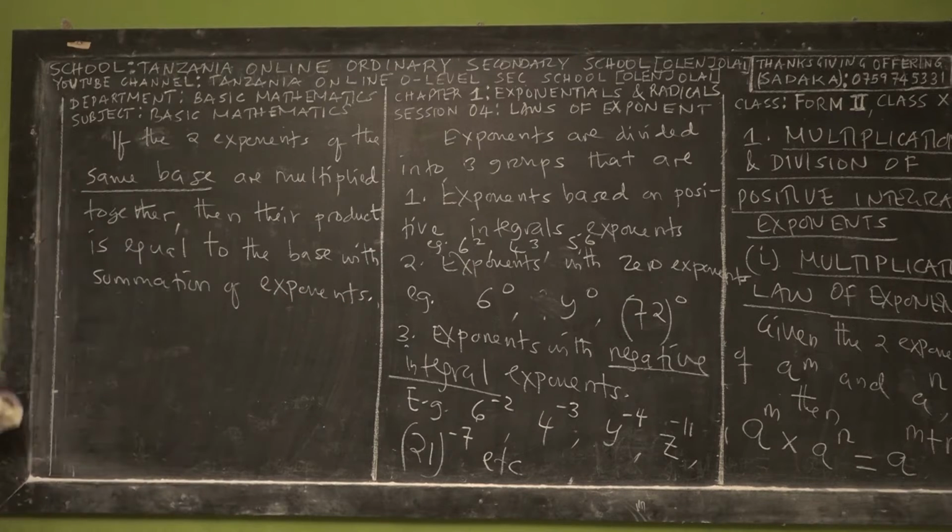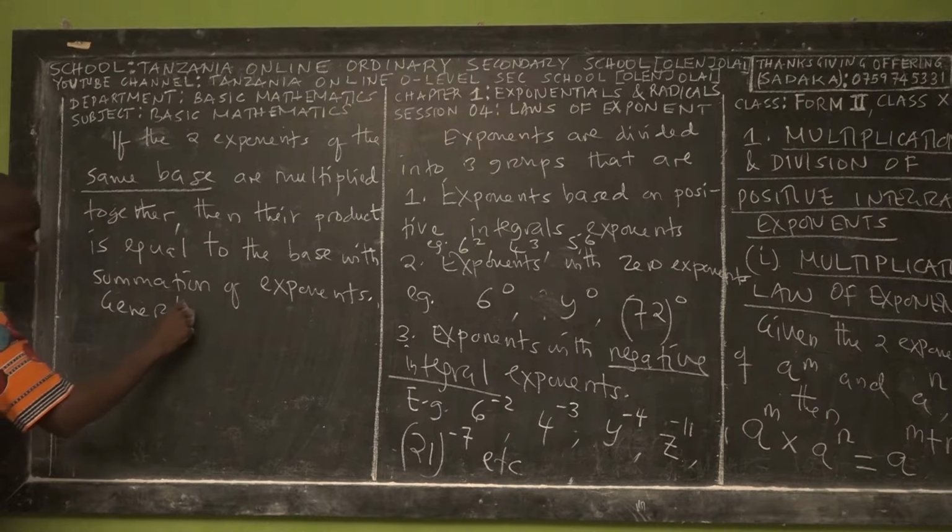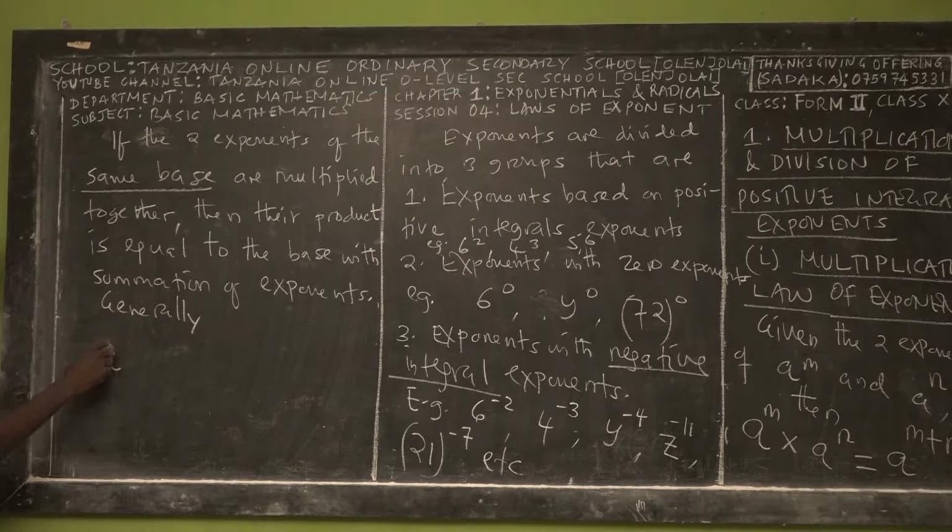Summation of exponents. In general, what does it mean? This multiplication law states that if we have an exponent a power m, and we multiply it with another exponent, which is a power n, the exponents are not the same, but the base is the same. If two exponents of the same base, the base here is a and the base here is a, are multiplied, then the product is equal to